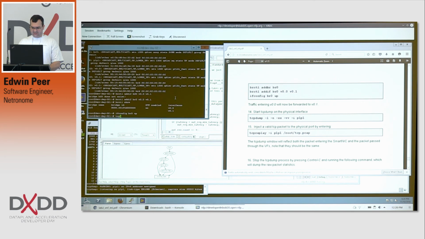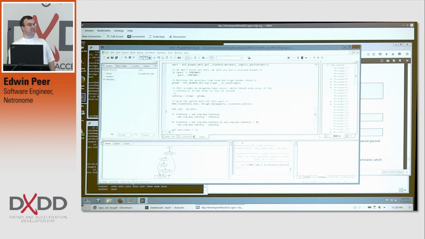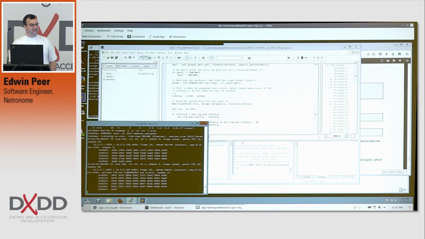TCP Replay, root TCP PCAP. And what we expect to see is the packet twice. We see the packet going into the P0 device, and we see it coming out again. And why? Oh, and I was expecting to see the packet not have the timestamp in when it came out, but